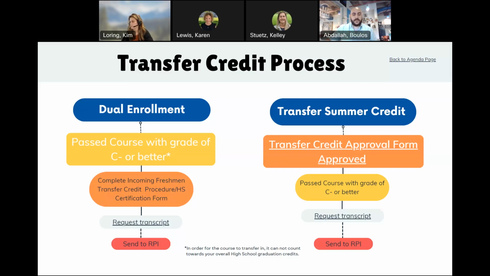RPI. So there's a specific form. It's kind of a long title, but the form is called the Incoming Freshman Transfer Credit Procedure / High School Certification Form. What you're going to need for that form is a signature from your guidance counselor at your high school, and then they're going to have to send that directly to the registrar's office. The email address isn't on here. I'm pretty sure, and correct me if I'm wrong, guys, it's transfercredit@rpi.edu. That's the email address that you're going to want to send or have them send that form to after